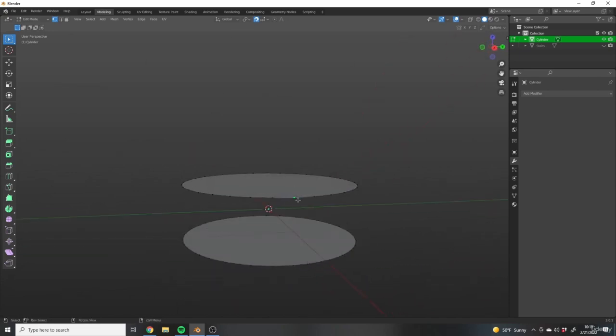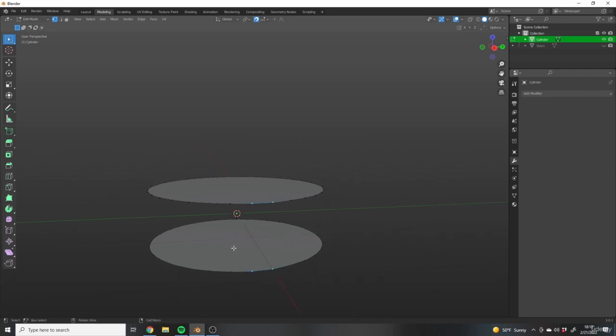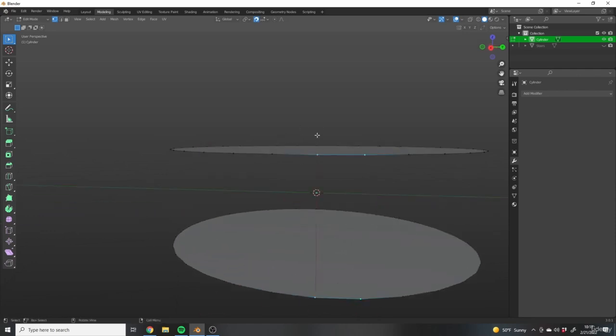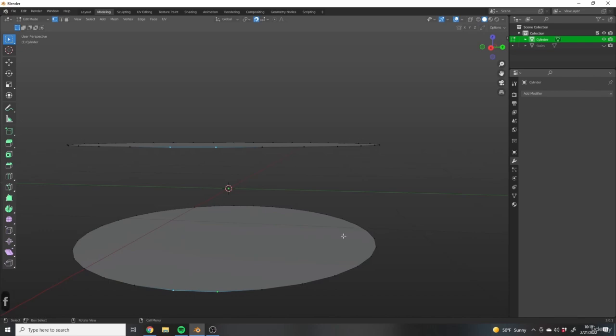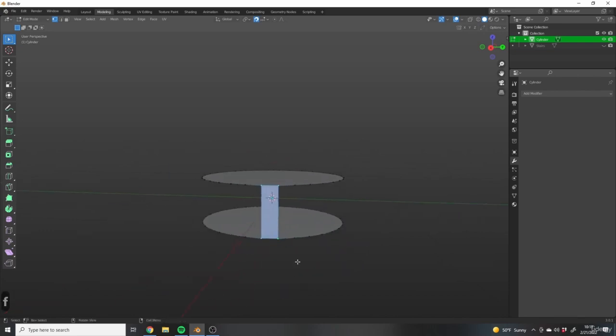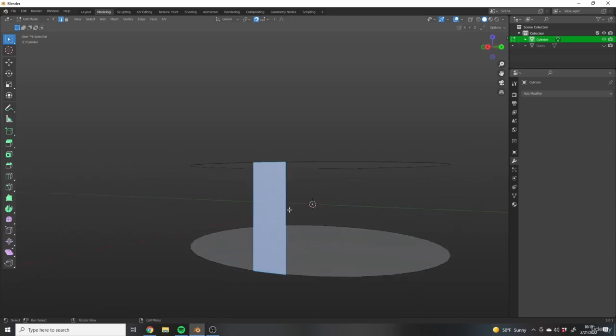So what we can do is make a selection of a single quad, so 2 edges, 4 vertices, press F to fill. Now we have our single face,